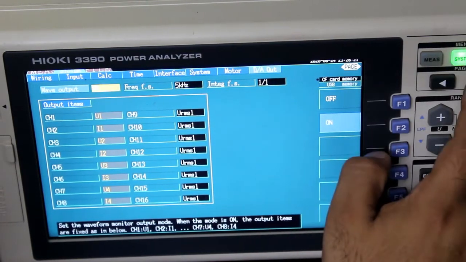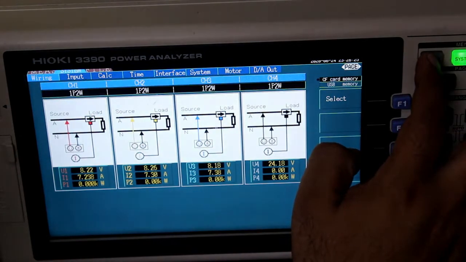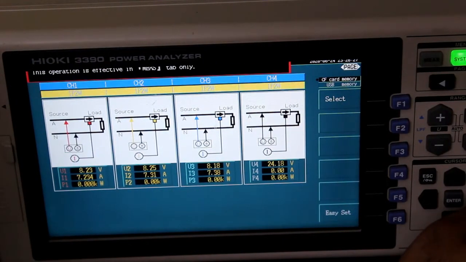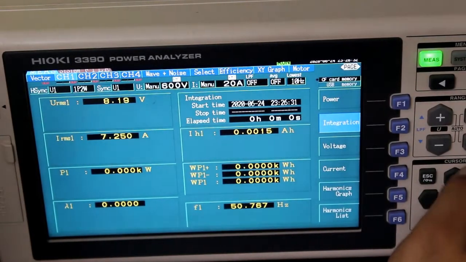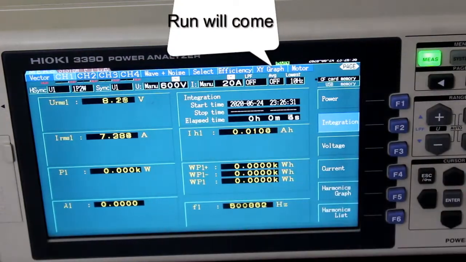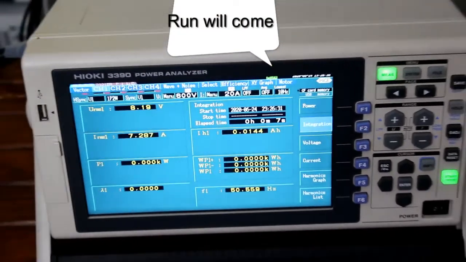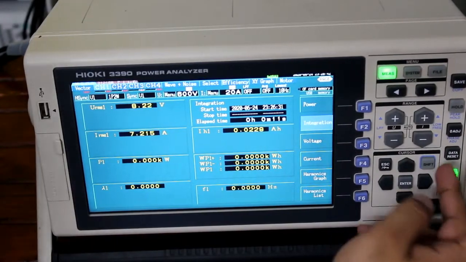Now the DA is not required because I'm not doing that. And we'll start logging, okay, by pressing the start stop key. Just by pressing this start stop key we can start the logging.